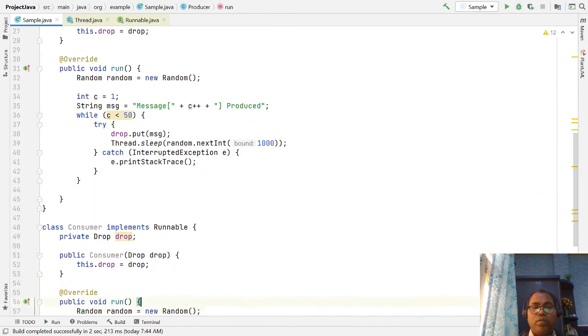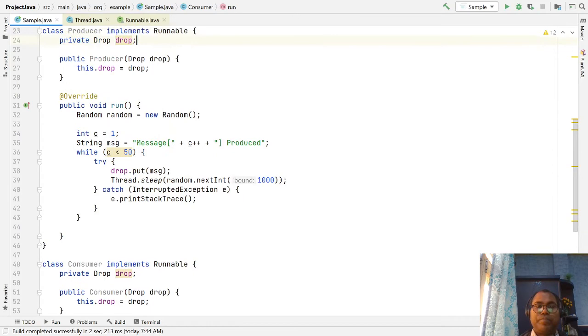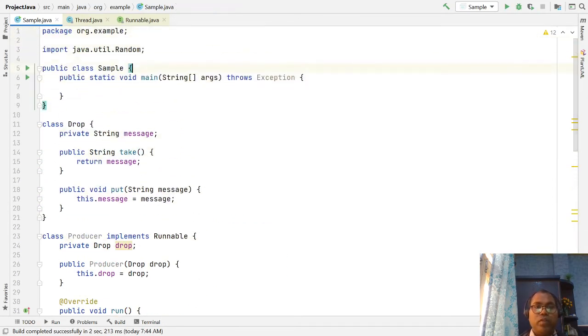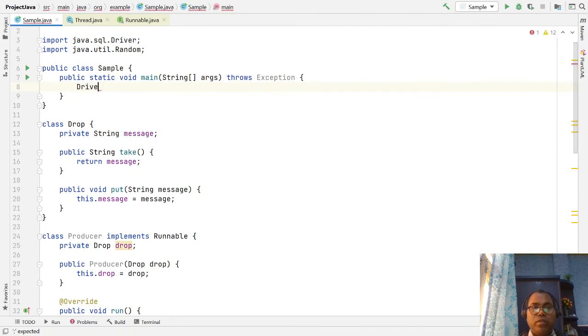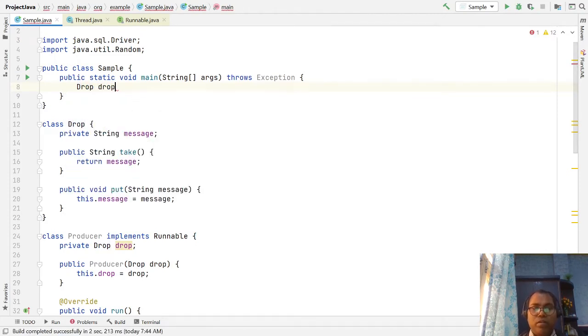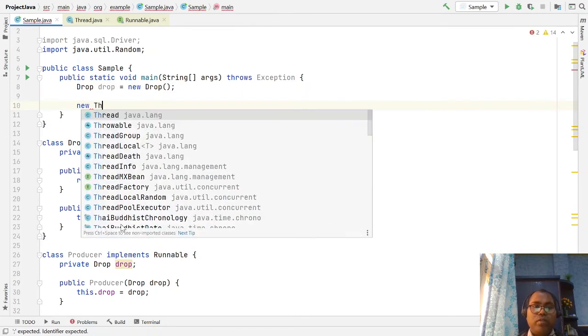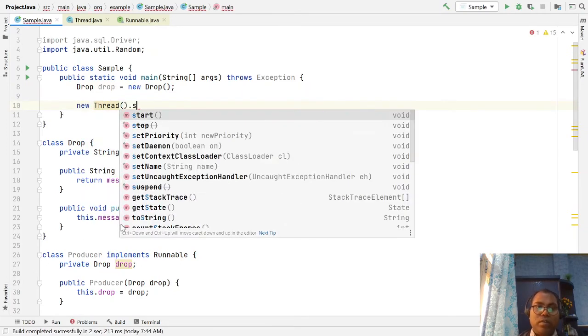Now we have two threads, one producer producing and one consumer consuming. Let's make one shared resource: Drop drop equals new Drop. Then we create new threads and call start.